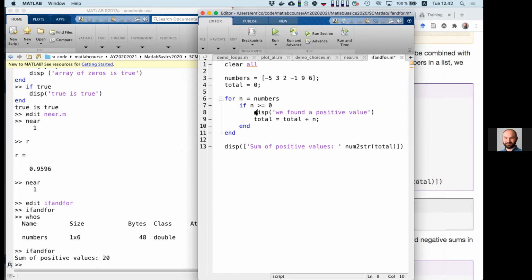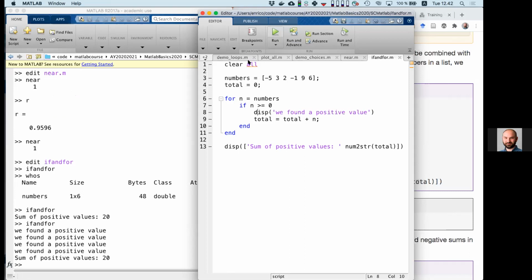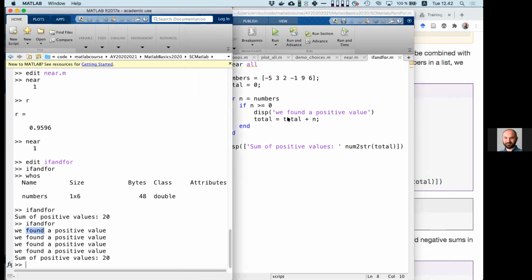This extra statement that I added in the code will be executed every time, so we will have this statement 4 times. Now I press run again. Let's see if it works like I think. Yeah. So whenever it finds a positive value,